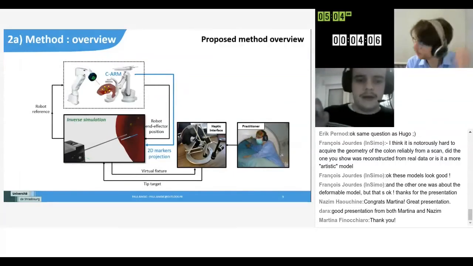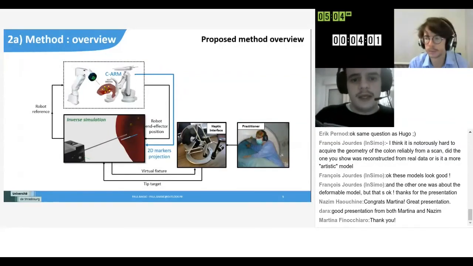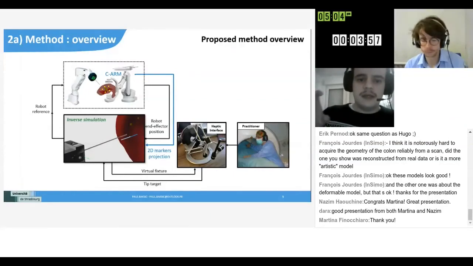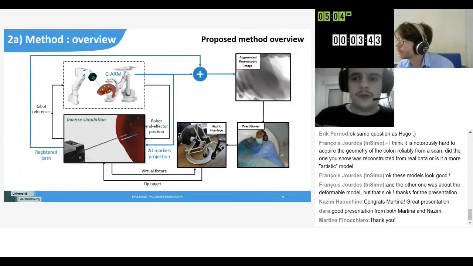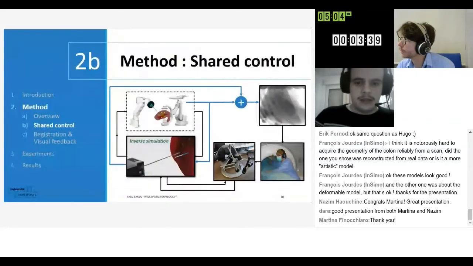Sorry, he only has to focus on where he wants the tip to be, and the difficult part, which is steering the needle base in order to reach this point inside of the tissue, while still accounting for needle tissue coupling, is done by the autonomous method. And also, along with that, we propose to provide visual feedback, which is augmented fluoroscopy images. So first, I will explain to you more in detail the shared control part.